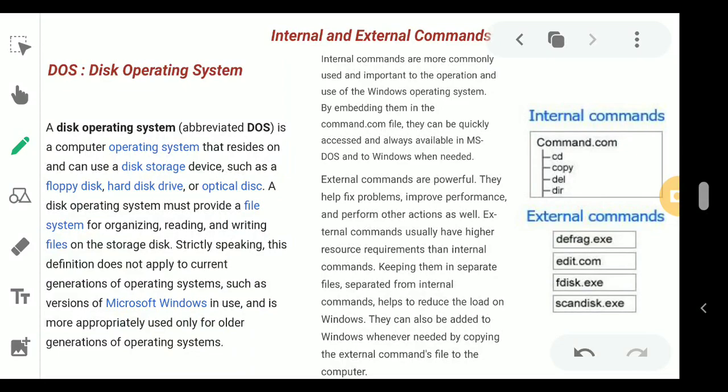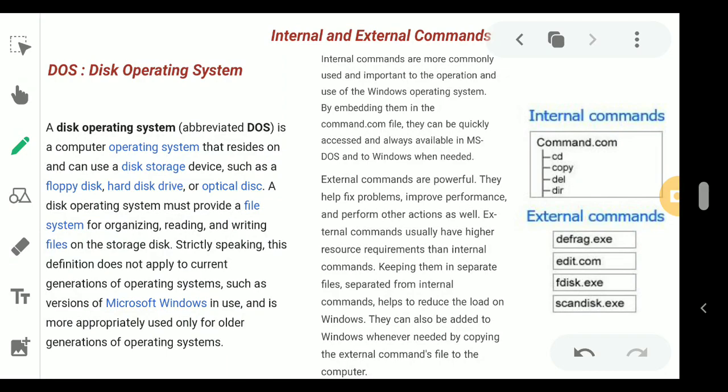As it is a command line interface, this DOS mostly operates on different types of commands. The commands given in DOS are general computer programs, and depending upon the location of the programs, they can be classified as internal commands and external commands. Once DOS has been started, that is, the computer has booted, certain important commands are automatically loaded into the computer's memory and are available for use to all. These are internal commands.